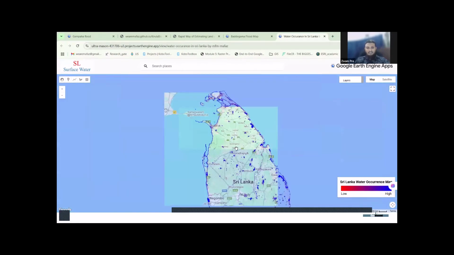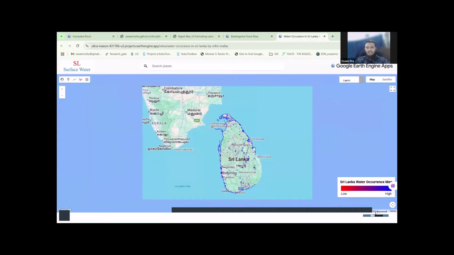This is another analysis. I can keep on showing you many analyses on this Google Earth Engine. Okay, these are some of the analyses you can have. I'll share the details of it, some of the links, so you will be able to see and generate them. And another important application is a GIS based